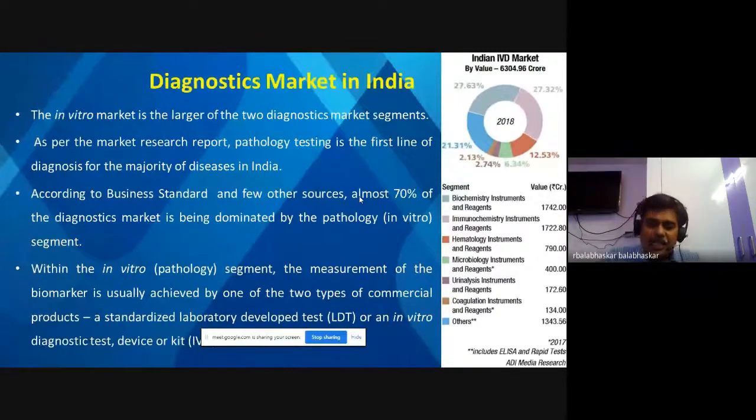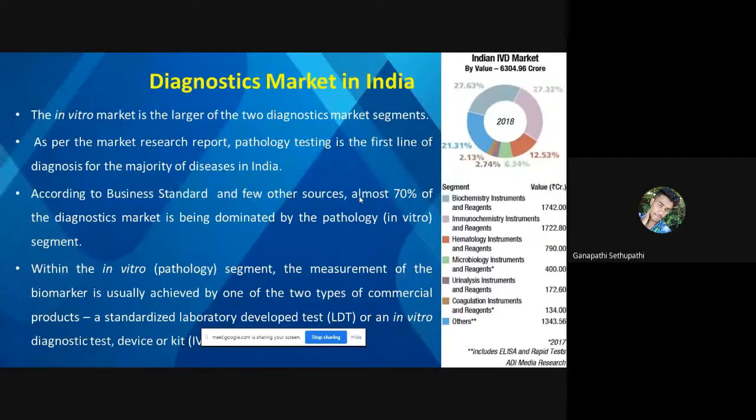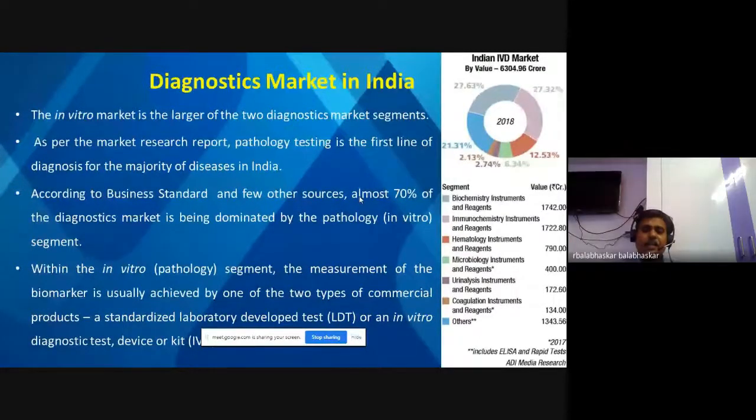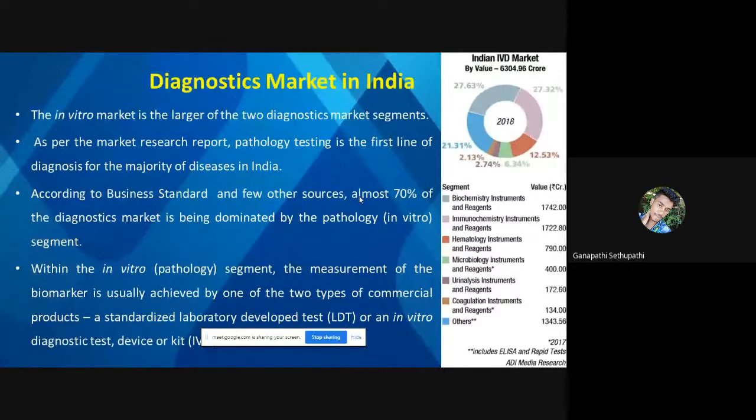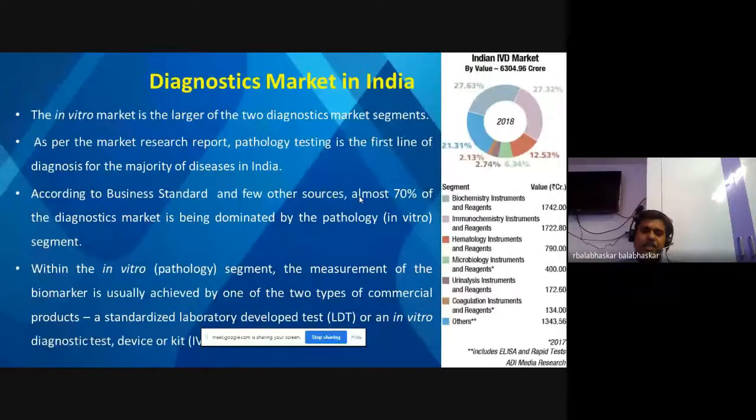So what do you mean by a standardized laboratory developed test? It is a test that was developed within the lab itself. So we prepare a method and we test the method, we get the approval. Then that becomes a standardized laboratory developed test. Or an in vitro diagnostic kit, a device or kit, that is a kit that is previously available. You purchase that, and you